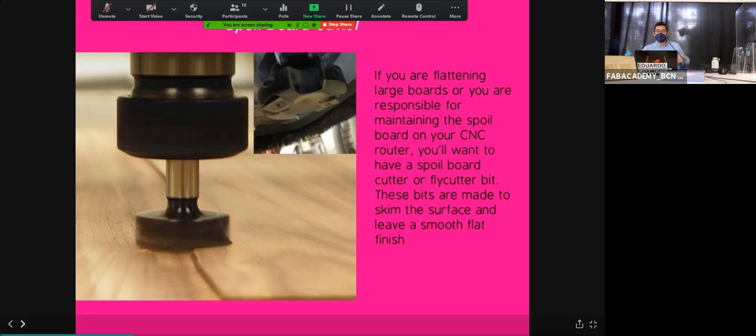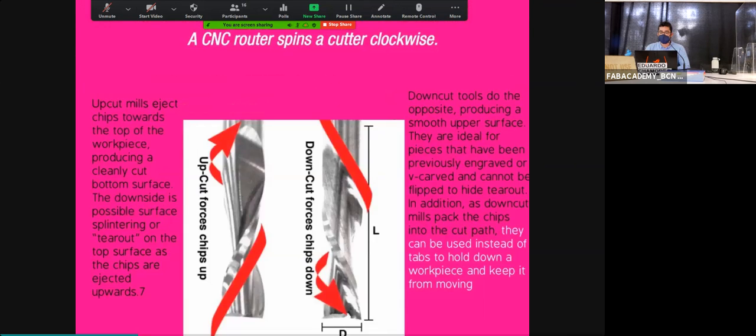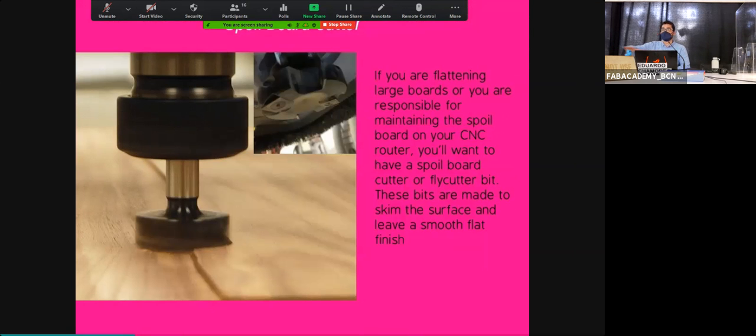Okay? And you have spoil board cutters, for example. This is a big flat end mill that is used to flatten a lot of material at once. Basically, it's a big flat cutter. But when it becomes really, really big, it's not called a flat cutter anymore, it's called a spoil board cutter. What is a spoil board cutter? Basically, it is to cut the spoil board. What is the spoil board? The spoil board is the base of the machine. When we cut, we sometimes need to flatten it to make it flat again, because we need to replace it and we got some cuts. So we need to make it flat. For that, we use this end